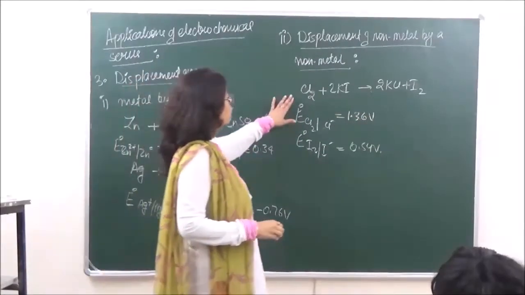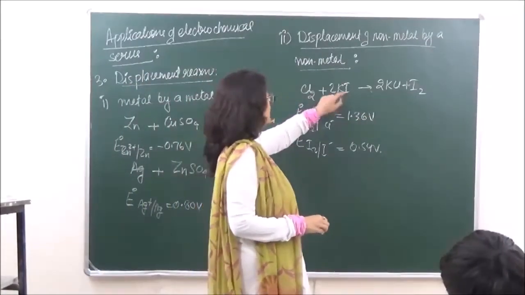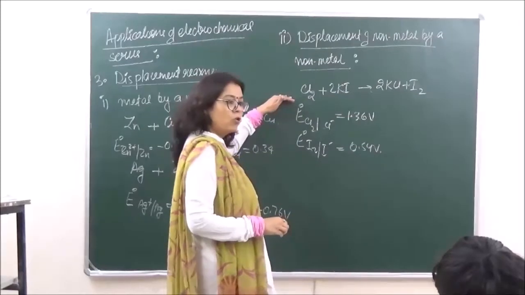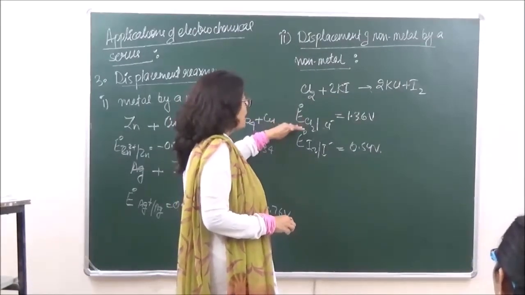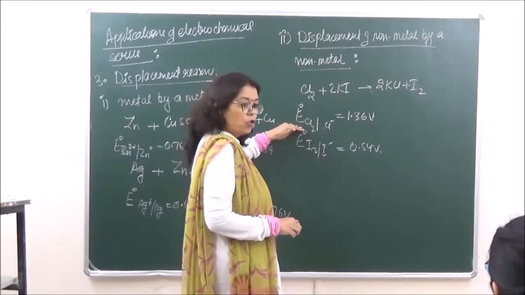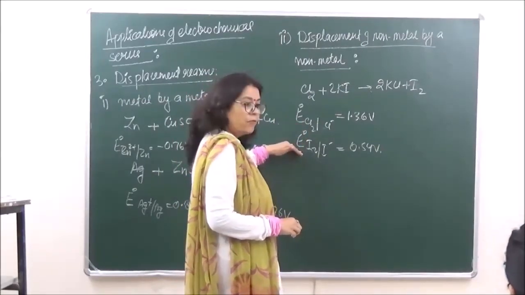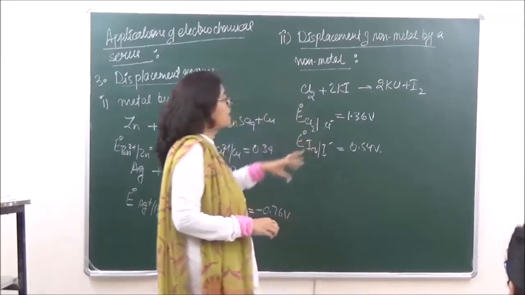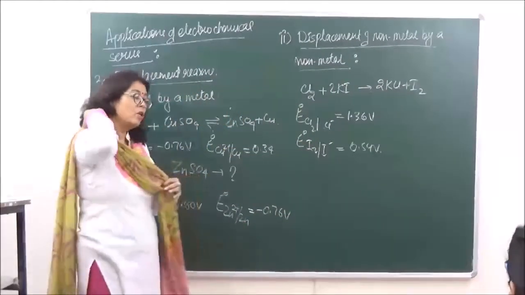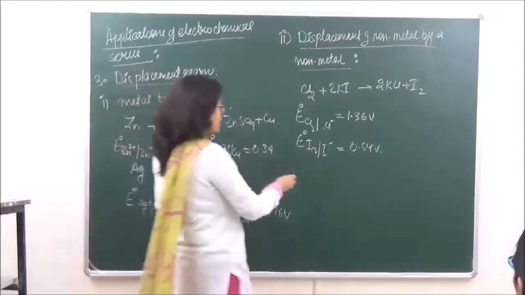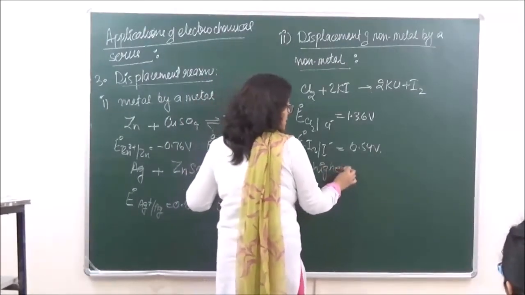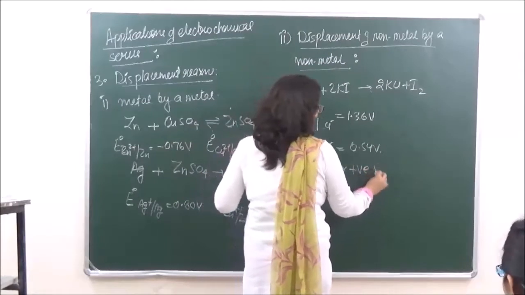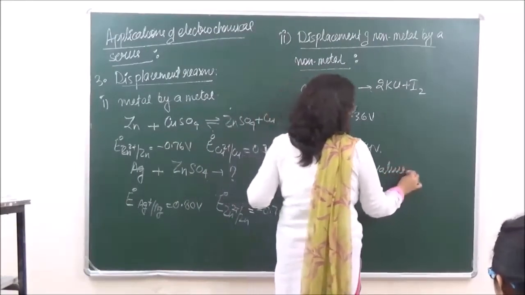So according to this reaction, iodine is being displaced by chlorine, right? And over here, the higher value is that for chlorine and the lower value is that for iodine. So when a non-metal is displacing a non-metal, only those non-metals will be able to displace which have higher positive values of